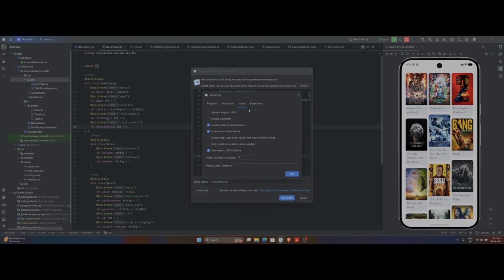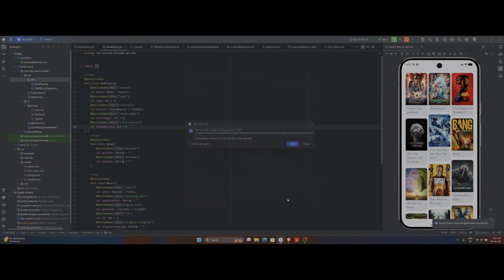And to keep all the data classes inside one single file, we can just add this enable inner class model. So by selecting this, the whole response will be added inside a single class. So that's it. Just generate it now,